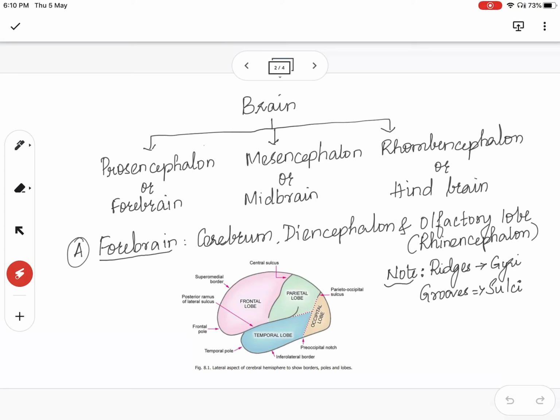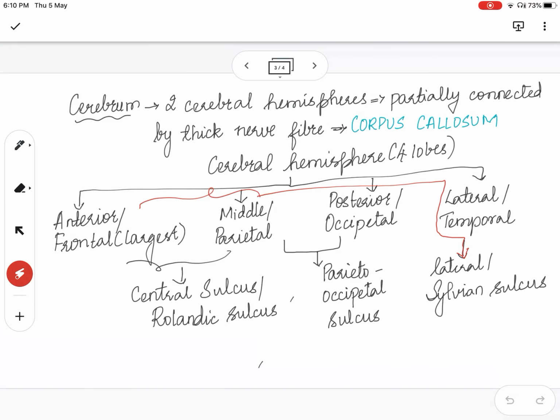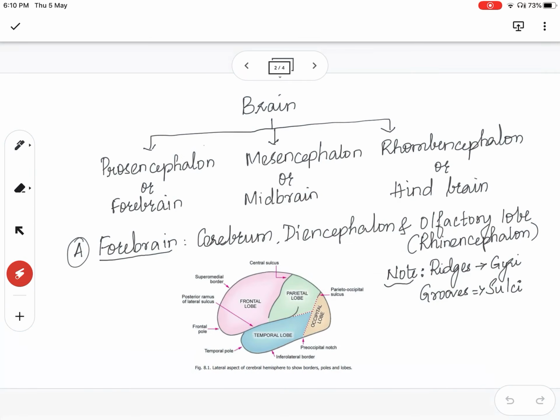They are partially connected by a white thick nerve, and that is called the corpus callosum. I've mentioned it in the notes also, so you need not worry. So what did I say? The cerebrum is divided into two cerebral hemispheres, and they are partially connected by a thick nerve, and that is called the corpus callosum. Then coming to the next one, each cerebral hemisphere is divided into